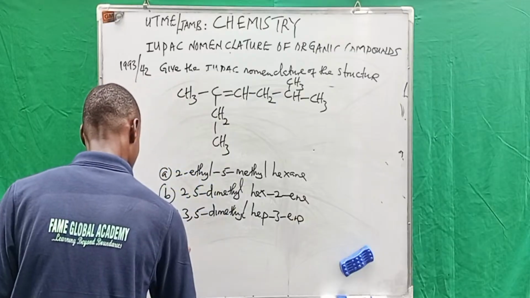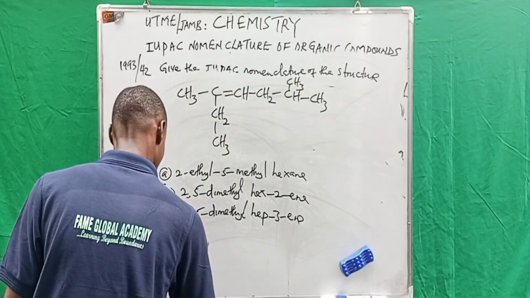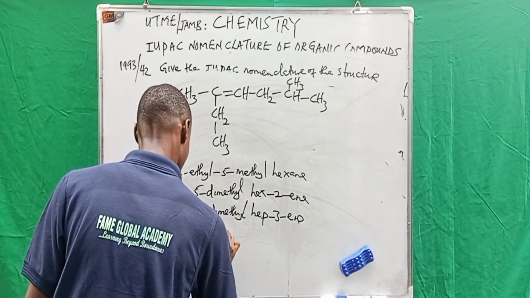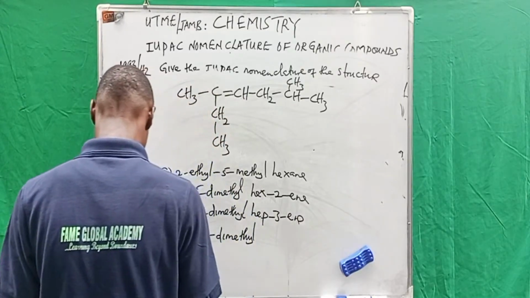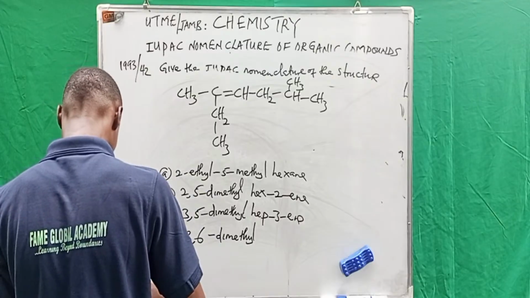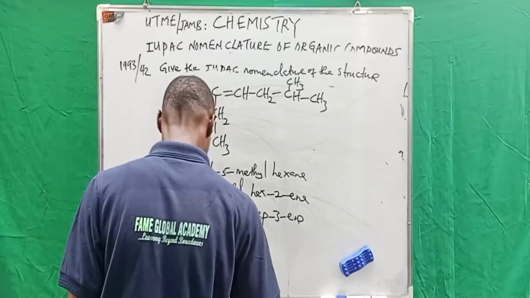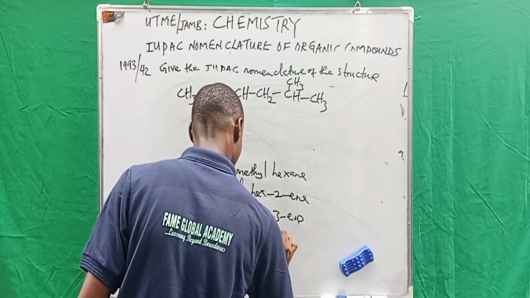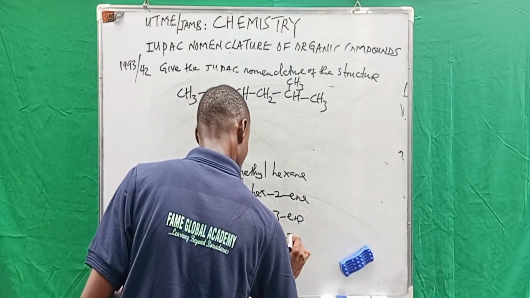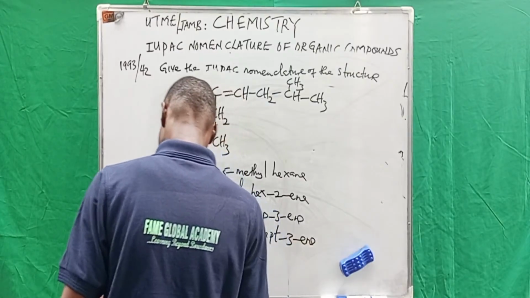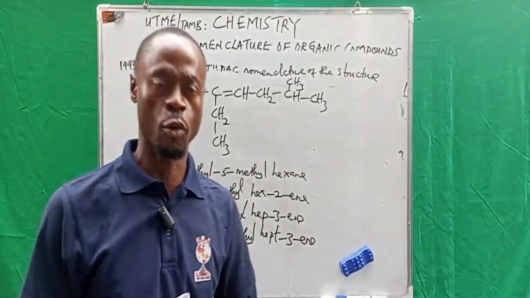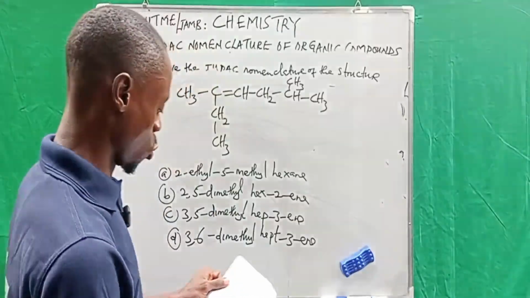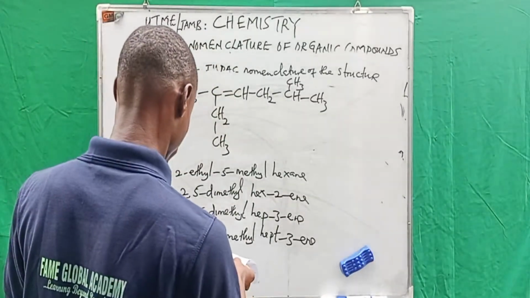Then of course we have D, 3,6-dimethyl hex-3-ene. All right, we have yet another question on the board, and this question is extracted from